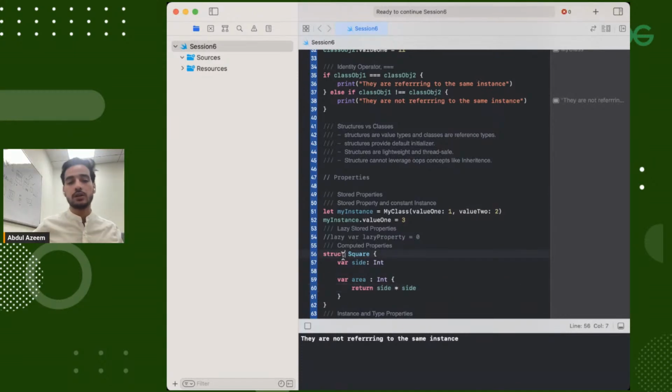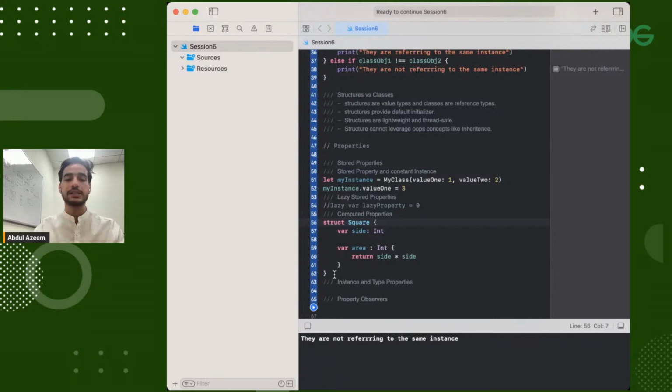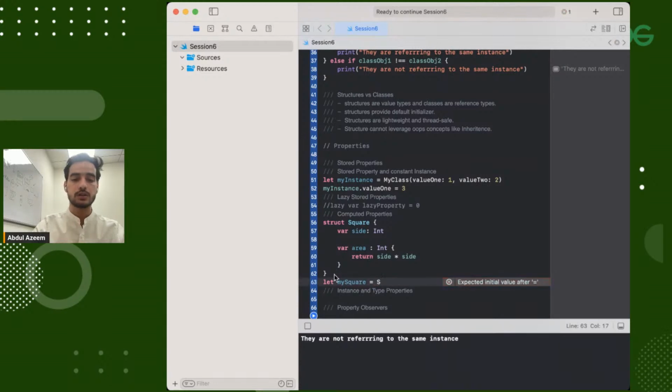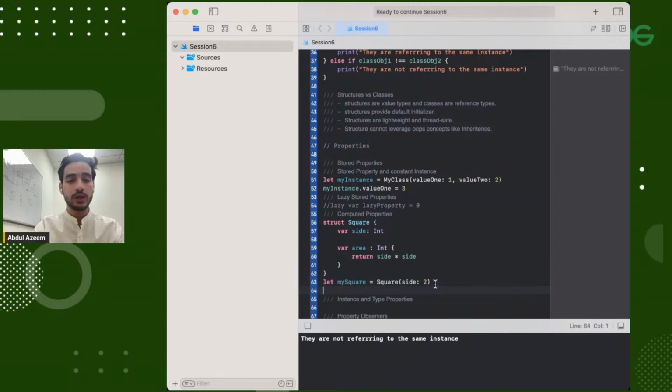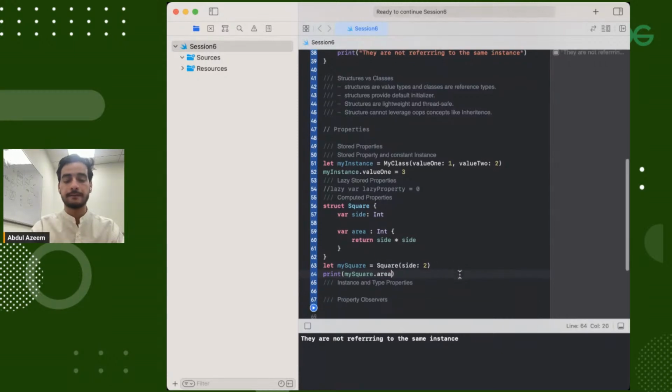So basically, you are not passing some value of area from the outside. What you are doing, basically, let's create an instance. Let's create let mySquare, and let's put its square side, let's say 2, of length 2 centimeter. Now we have not provided any value to area from the outside, right? So now if I access the area, mySquare.area, you will see